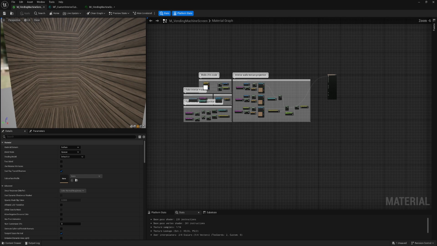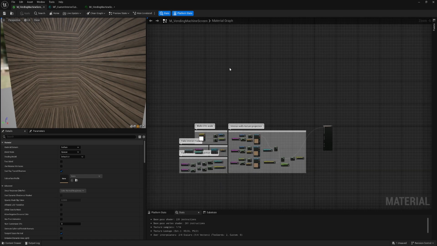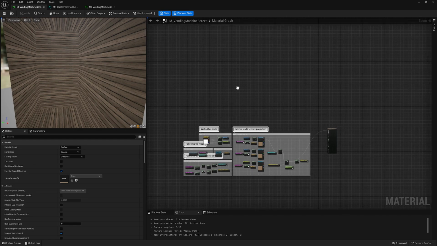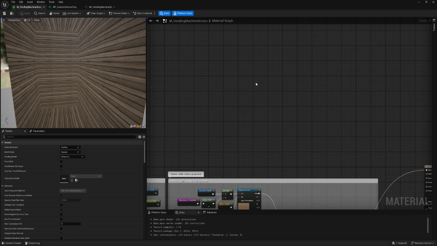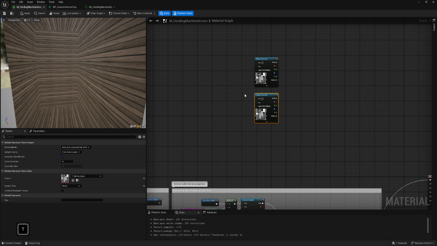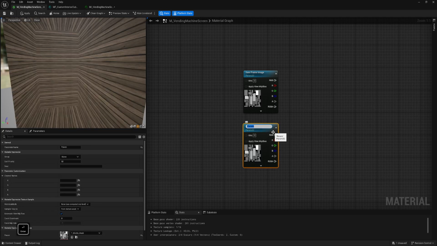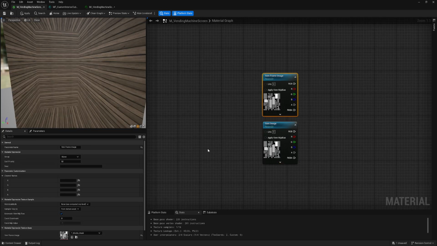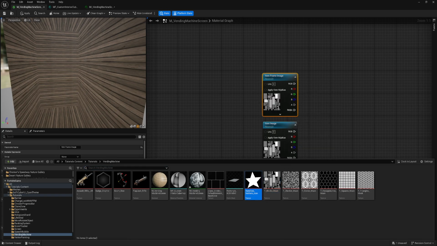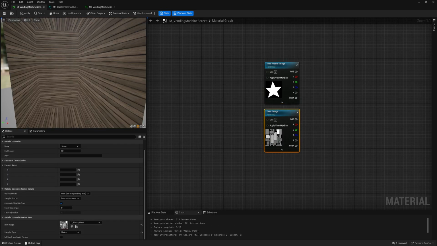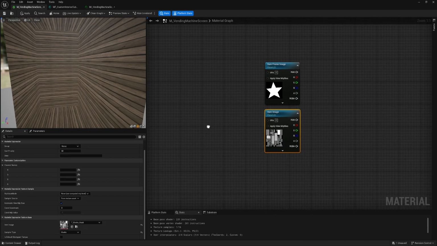Okay, what we will add now is some star or frame and then an item. So it could be a weapon or whatever. By default, we can use this star. For the weapon, we can use this, for example.